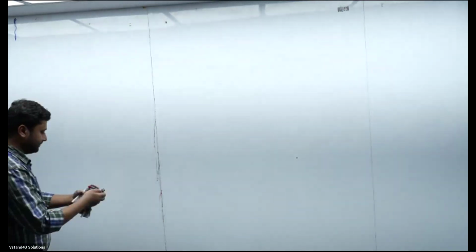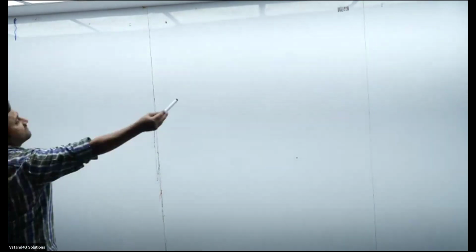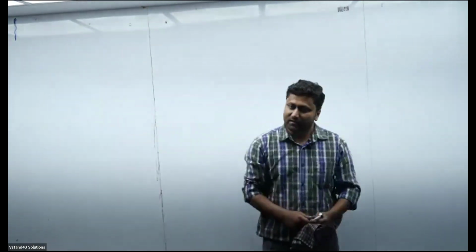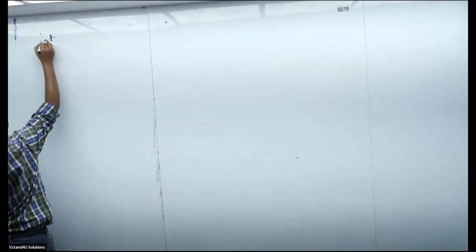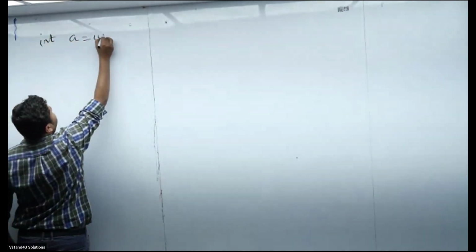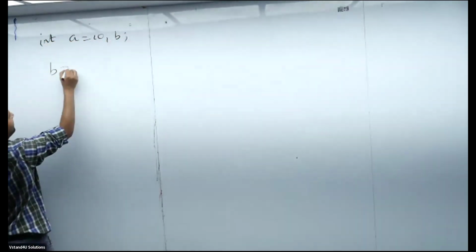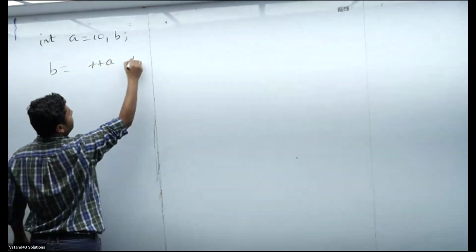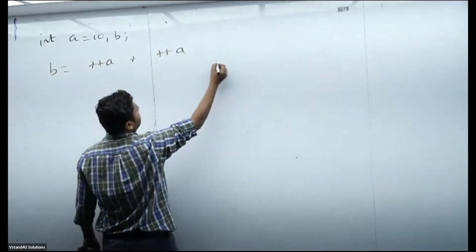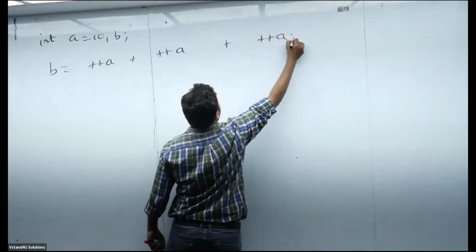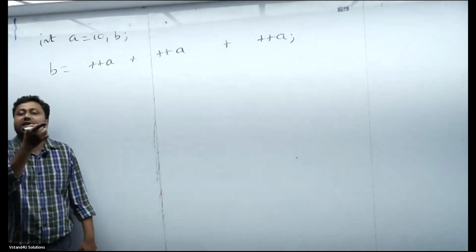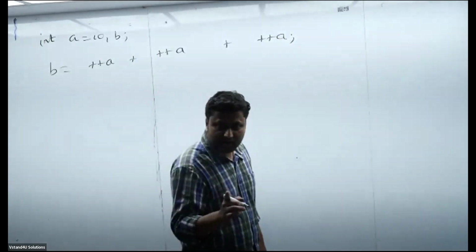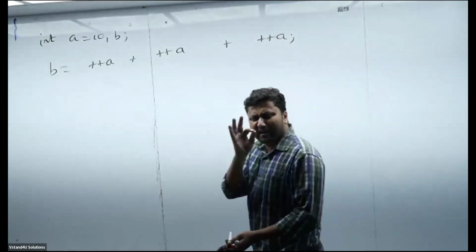Let's get started. Sir, this time I'm taking one thing. Since the area is a little short, if you don't mind, can I write one by one? You'll not get confused, right? If I write int a is equal to 10, b is nothing. If I write b equal to ++a + a++ + ++a + a++, are you having any issue? 4 times I wrote this time. Are you comfortable? Shall I calculate? Ready? Sure.